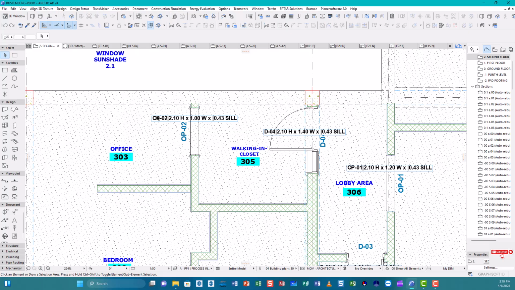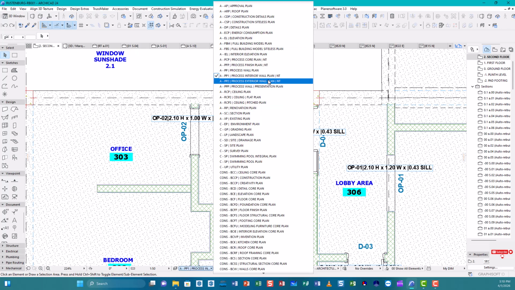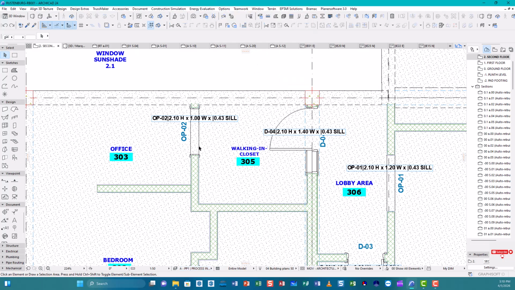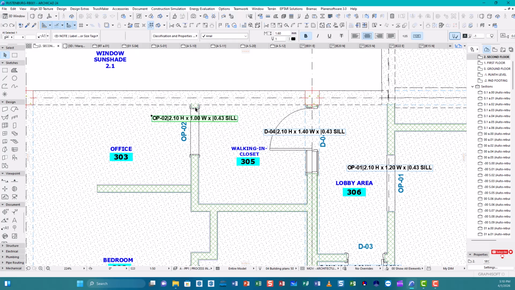So the main tag, the auxiliary tag, but in this case you will see in the hand here, we have an annotation or note. This is basically a note that is attached to our building element, which is this opening, this door on this floor plan. So to keep the auxiliary note or the auxiliary tag of our building element,